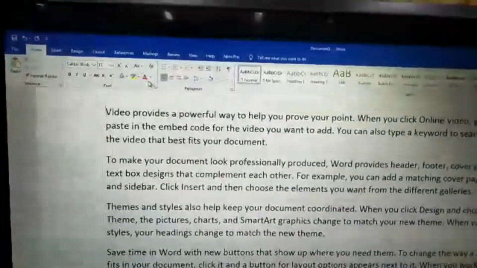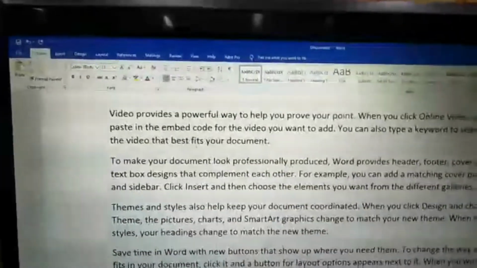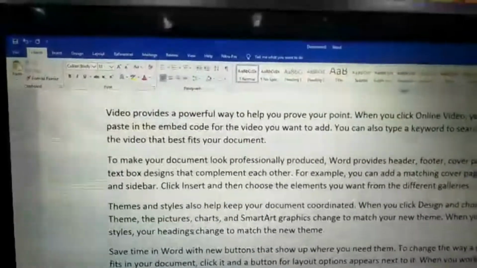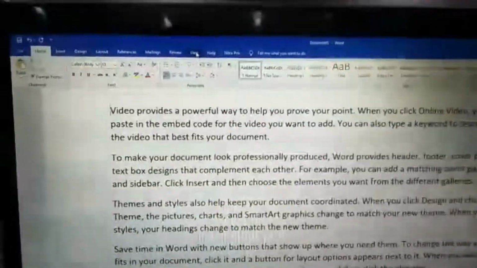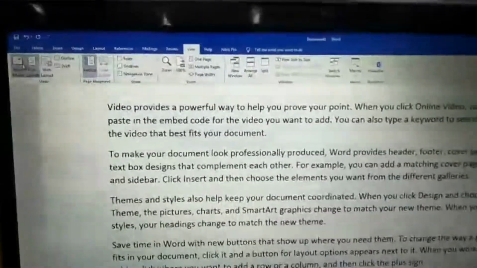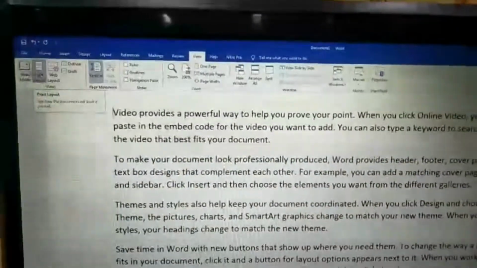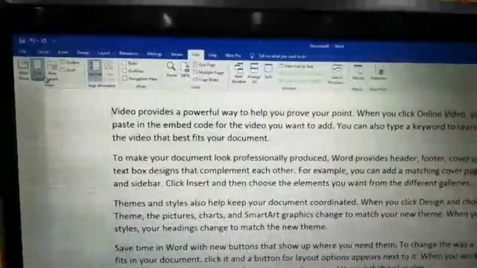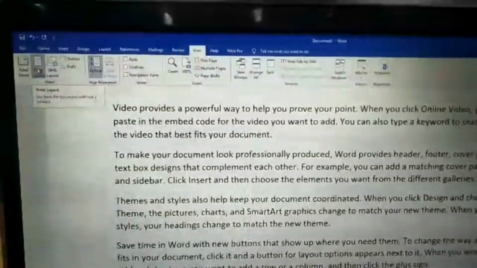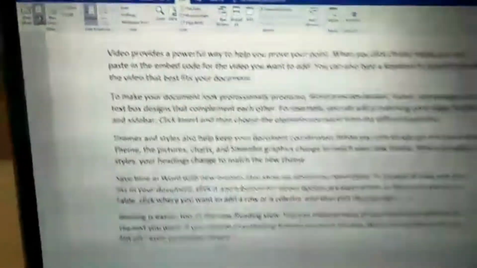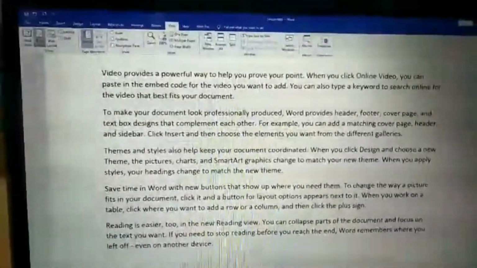As you can see, class, I have opened the Microsoft Word window and I have written some paragraphs. It's on the Home tab. Now I'm going to click on the View tab, and I have to check this paragraph in the print layout view. You can see it's read mode, print layout, web layout, outline and draft. I have to check in the print layout view. I am going to click it. Now you can see it's the print layout.